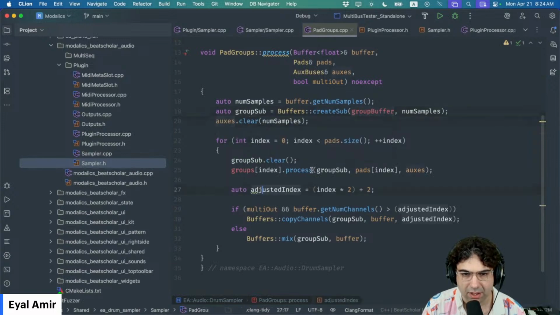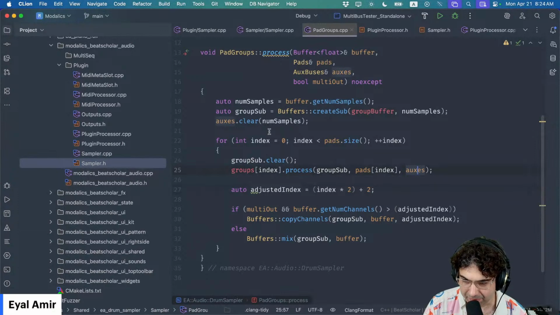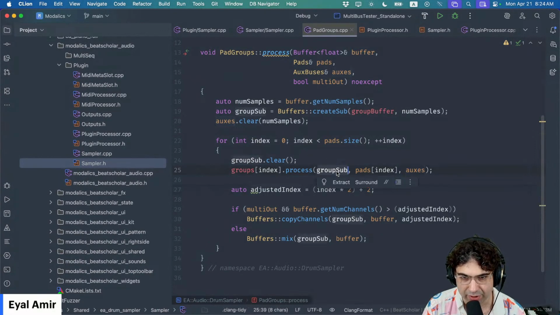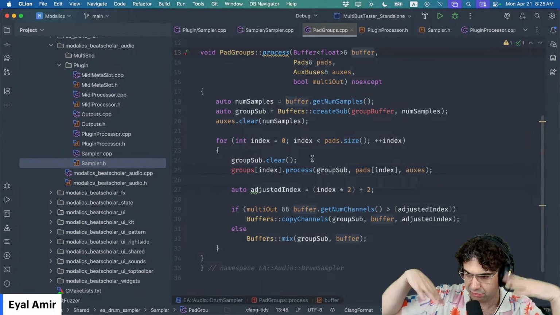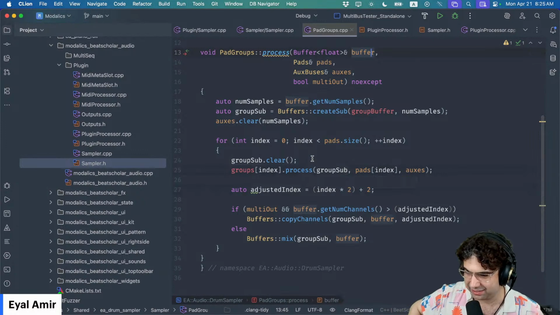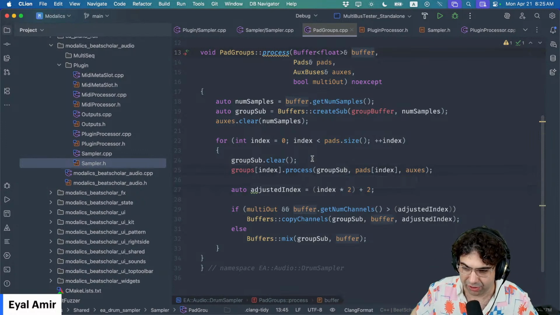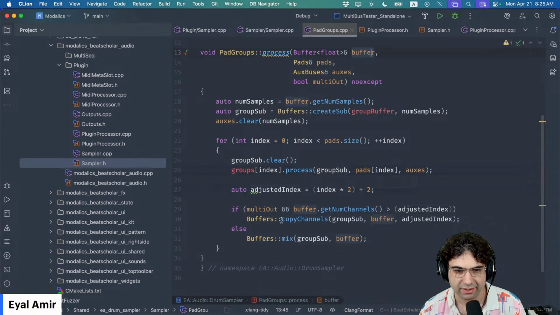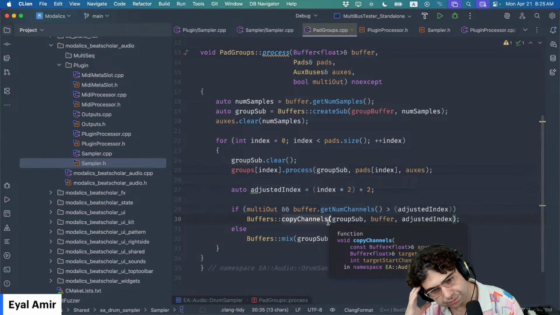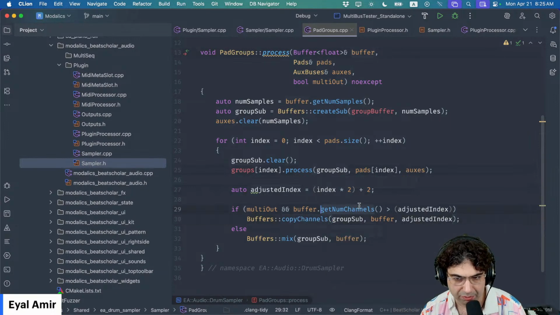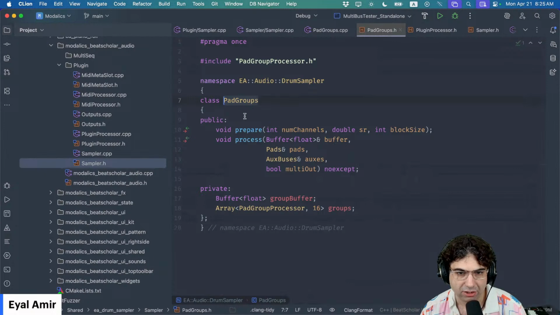Groups, auxes, blah, blah, blah. Because there's a bunch of stuff that the mixer is doing here, which is kind of unrelated, because all the mixing is done on the mixer's own buffers. There's a bunch of stuff with how the effects are processed, auxiliary tracks, mixes, all that stuff is just done with internal buffers. But then this is where it gets interesting. So if it's multi-out and buffer,